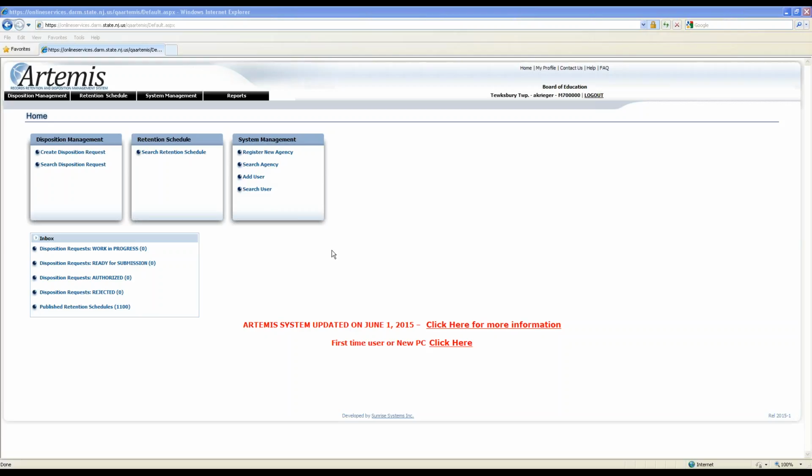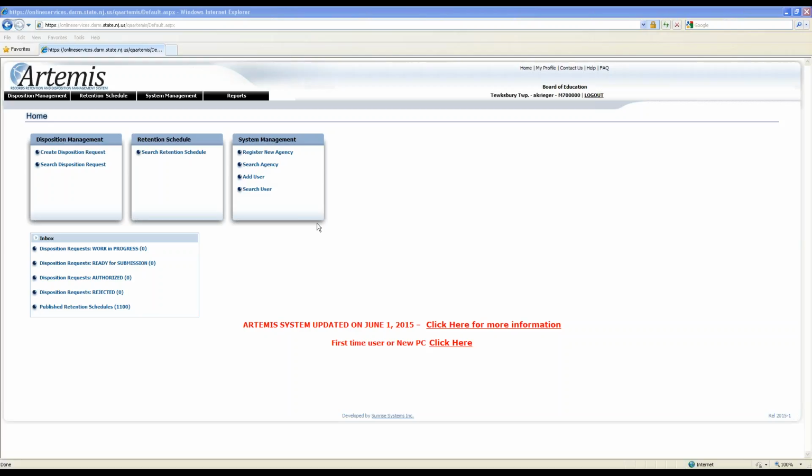Diana asks, will there be a record for this program that shows what we have previously requested for disposition? Okay, so anything that you've requested in paper form up until this point, when you start using the Artemis system for electronic, will still be in paper form. That information is not in the Artemis system. But as soon as you start using the Artemis system, all your information will be retained in our Artemis system forever. So I hope that answers the question. I think that's what you were asking there, Diana. If not, just rephrase the question and ask it again.